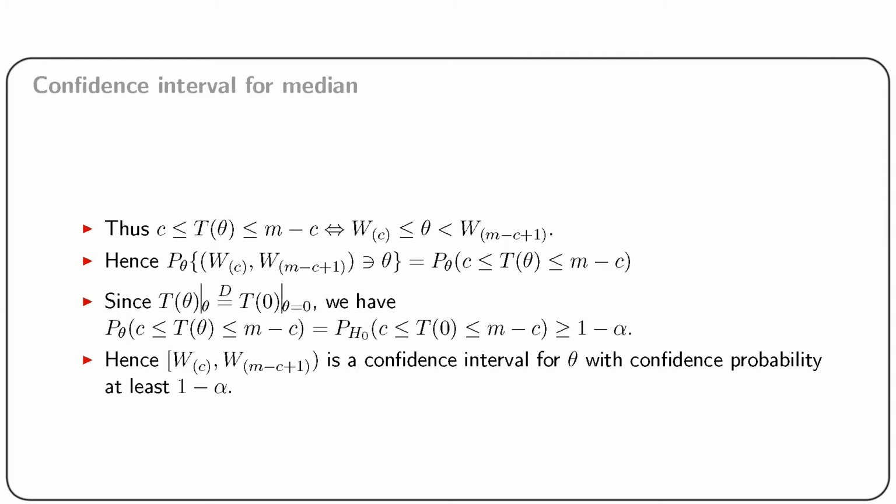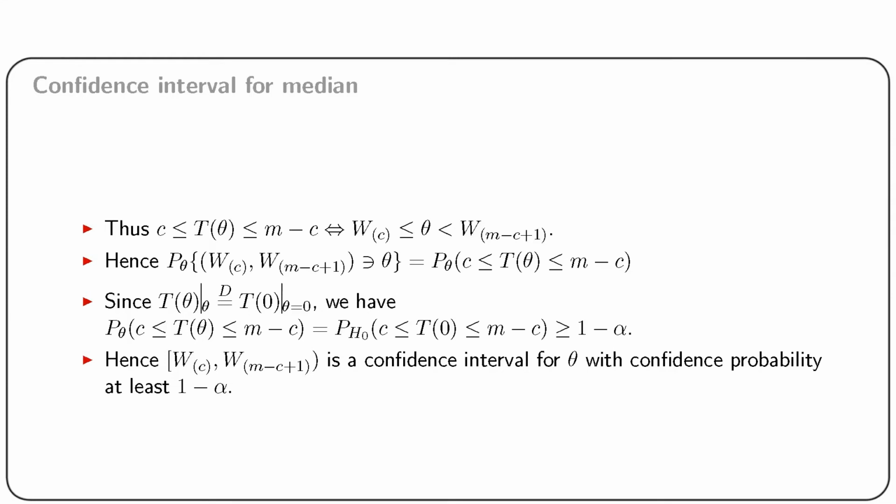Hence, the probability that the random interval w ordered c, w ordered m minus c plus 1 covers theta is nothing but probability c less than equal to t theta less than equal to m minus c evaluated under theta. Since the distribution of t theta under theta is nothing but the distribution of t0 under theta equal to 0, we get probability c less than equal to t theta less than equal to m minus c under theta is equal to probability c less than equal to t naught less than equal to m minus c under h naught,